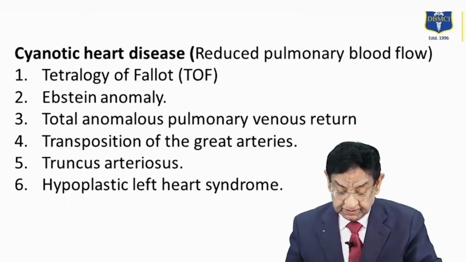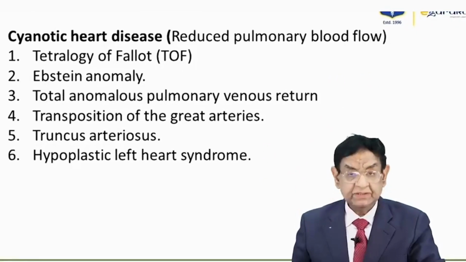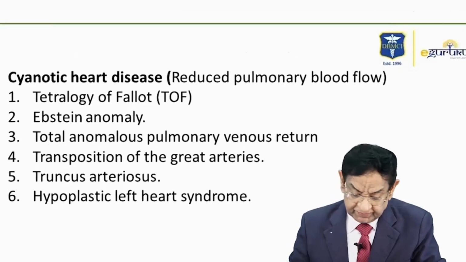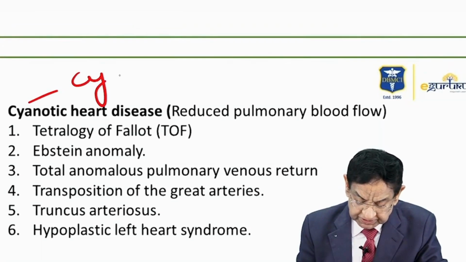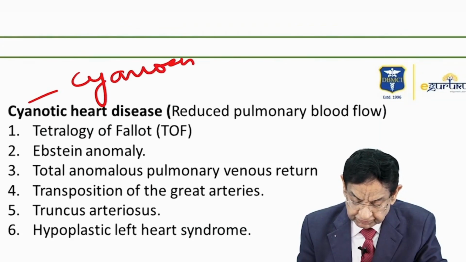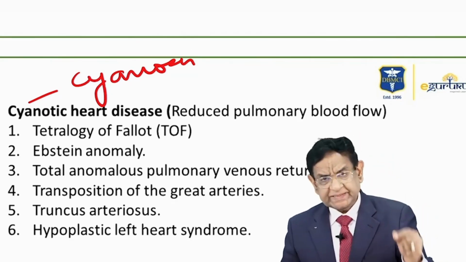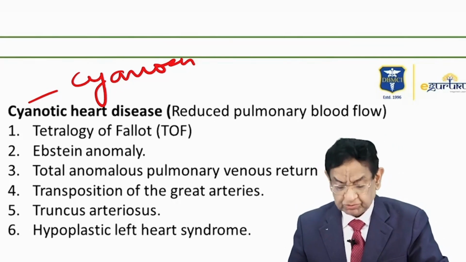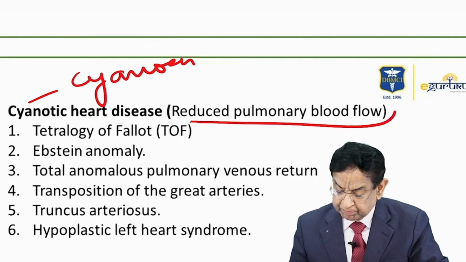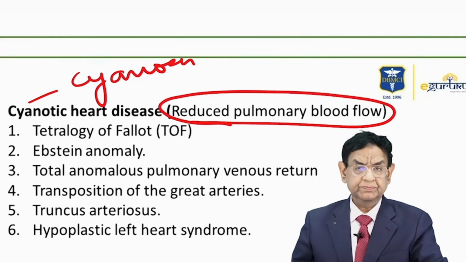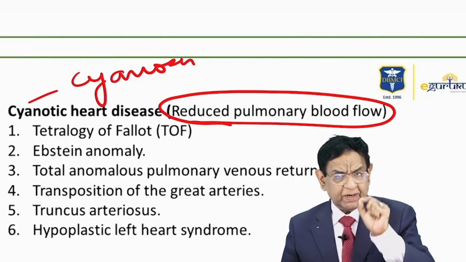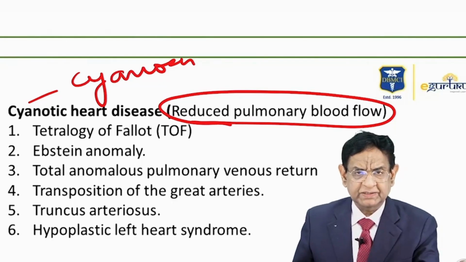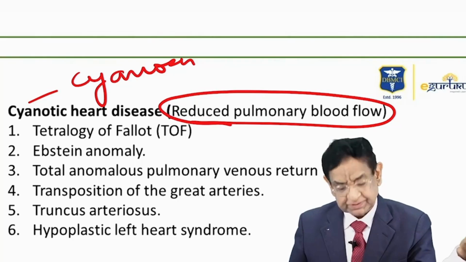Okay. Cyanotic heart disease, we have as the second category. I told you one was the acyanotic. In the cyanotic category, the patient has cyanosis. What is the basic reason behind it? Definitely, the blood is not going to the lung. The basic pathophysiology is reduced pulmonary blood flow. The amount of blood going to the lungs is reduced. So definitely no blood going to lung. That will lead to cyanosis. The examples are